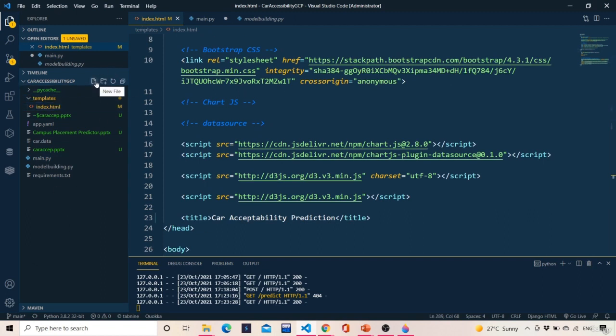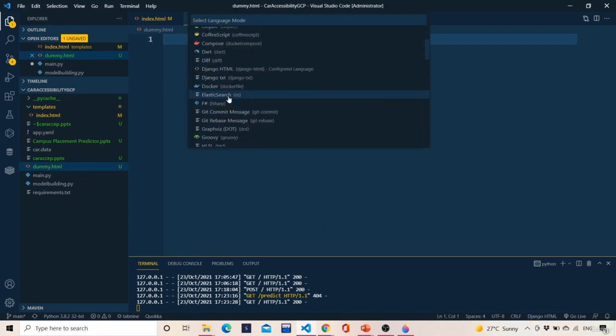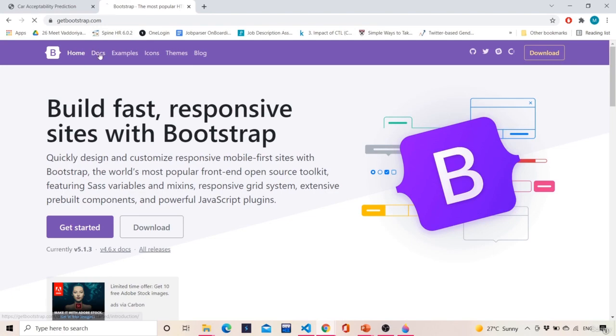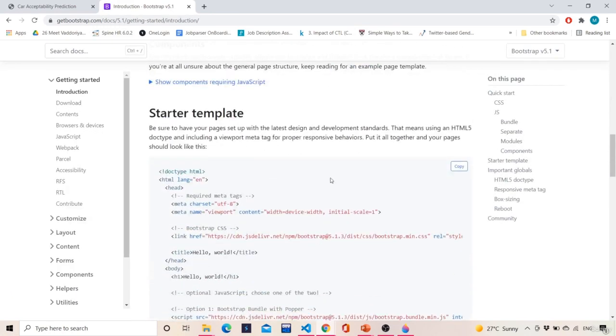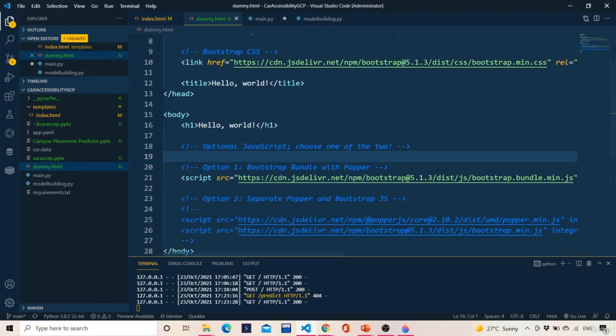Now in order to understand more clearly how to use Bootstrap, I'm gonna make a dummy file so that it's easy to understand how practically Bootstrap can be implemented. Fine. So this dummy file I made inside the templates, I'll move out of it. Right. So over here I'll change my mode from Django to HTML, and then I'll simply do the following things. Just follow along with me. Just go to docs, copy the starter template, come here, paste it over here,